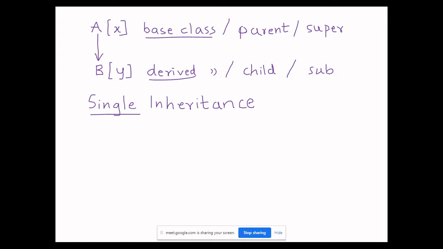There could be a situation wherein B is inheriting from A and C is inheriting from B. Surely this is not single.